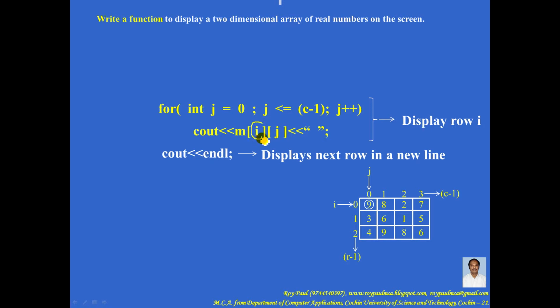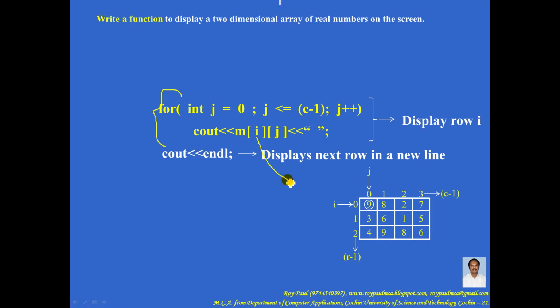So if I substitute this I as 1, then display row I, row 1, this row will be displayed. And after that, because of this endl, cursor will go to next line. Similarly, in this code, if I substitute I as 2, then display row 2, that is, this row will be displayed. And because of this endl, cursor will go to next line,